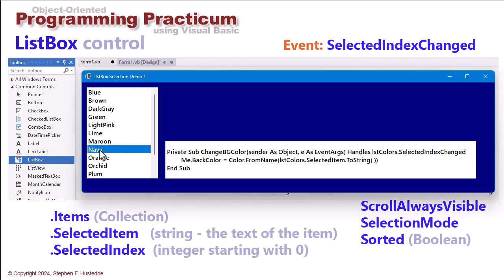I am handling the selected index changed. Now our list box has index numbers starting with 0, and when I click on an item, we are changing the selected index. I'm also changing the selected item. So the index is the number, the selected item is the text of the selection. So every time I click an item in the list box, I'm going to run this code,